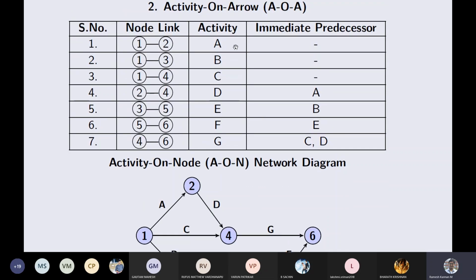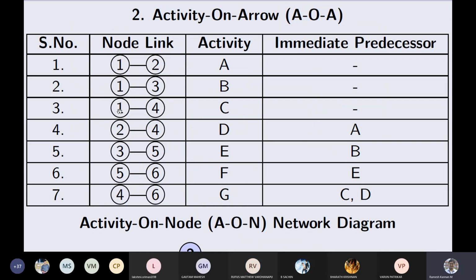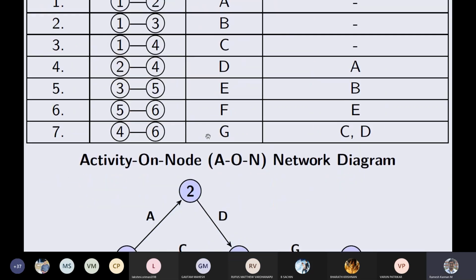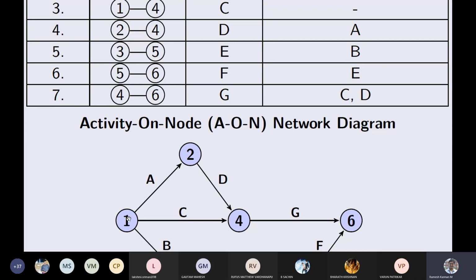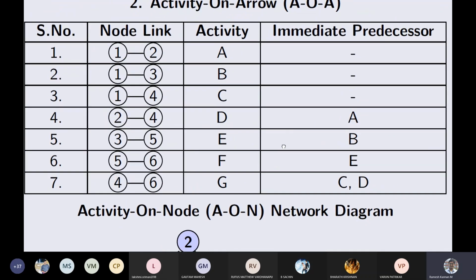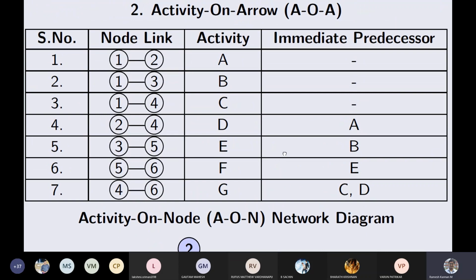Right, so in this case, you can take a look at the immediate predecessor of ABC. When ABC does not have any immediate predecessor, they can have a common start event. Say all of these have event 1, but the ending events are different. The end events should be different, because the end events of two activities cannot be the same. So that's a rule. You cannot have 1 to 2 as A and 1 to 2 below as B. You should not have a curved line or something like that. So that's prohibited in an activity on arrow network diagram. So that's a basic rule.